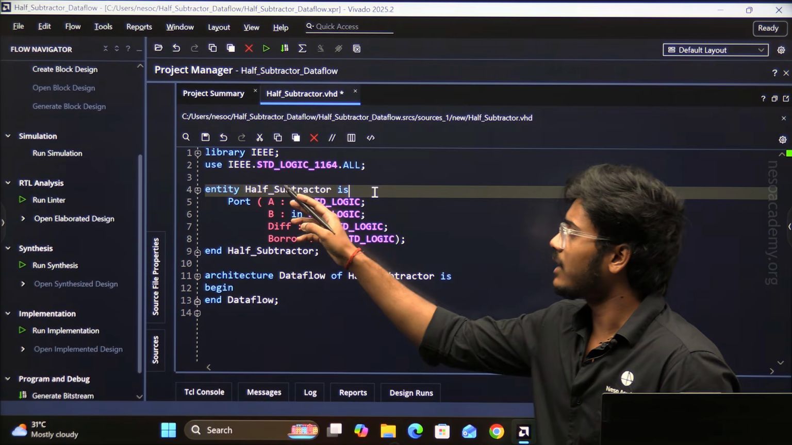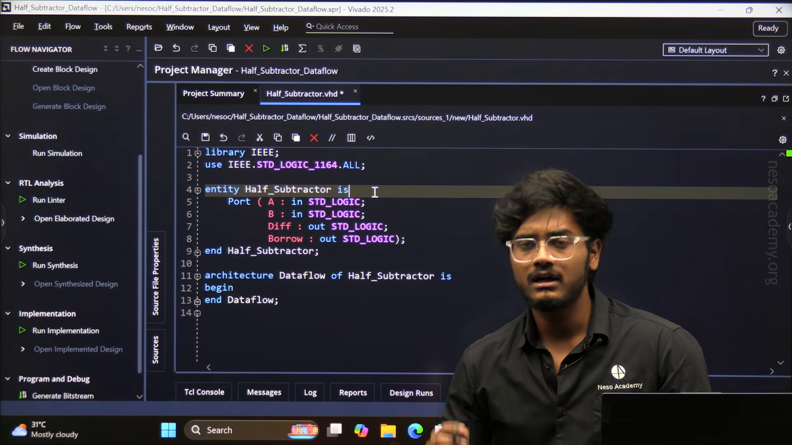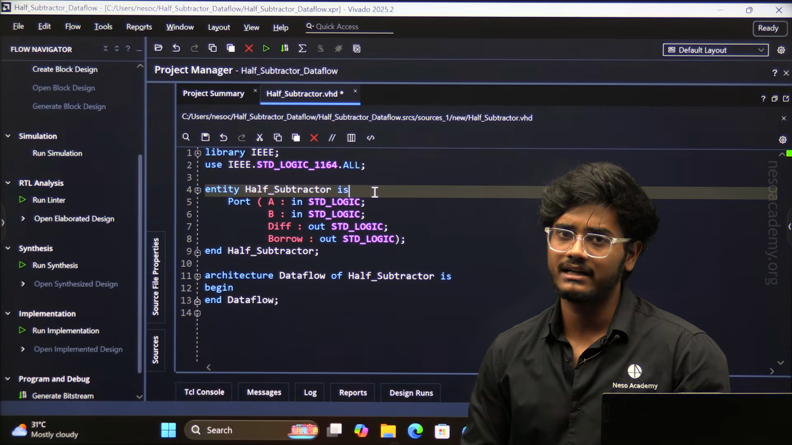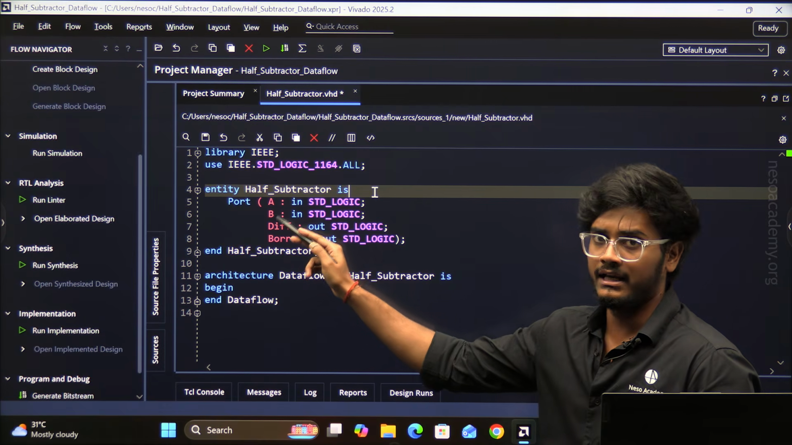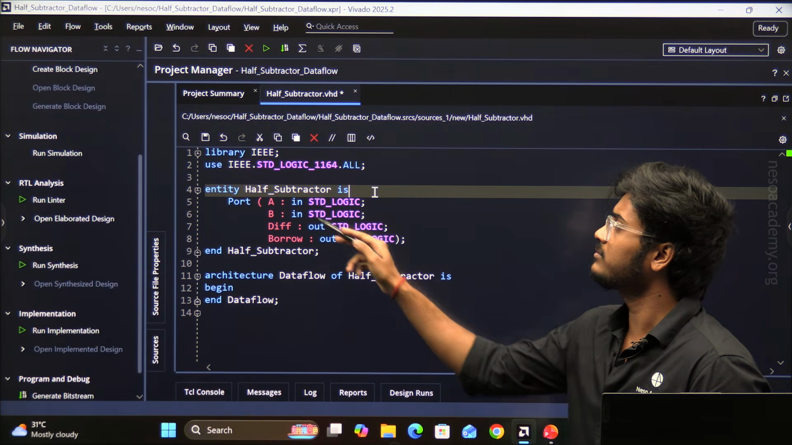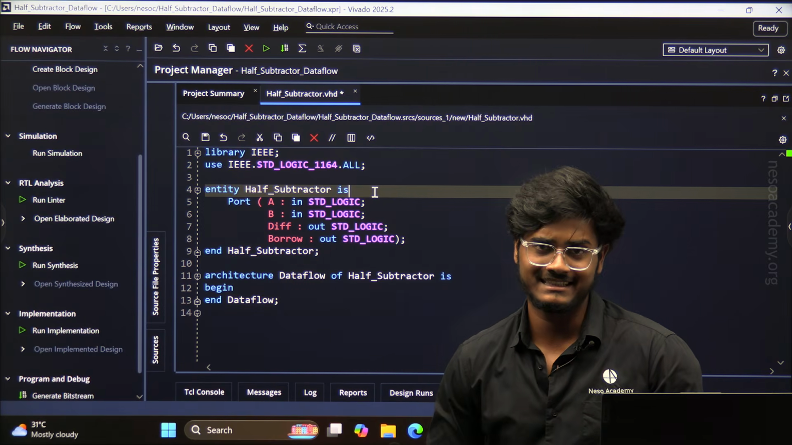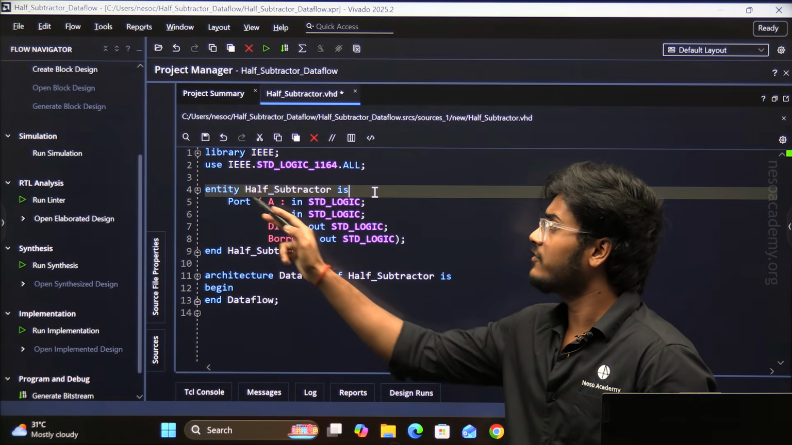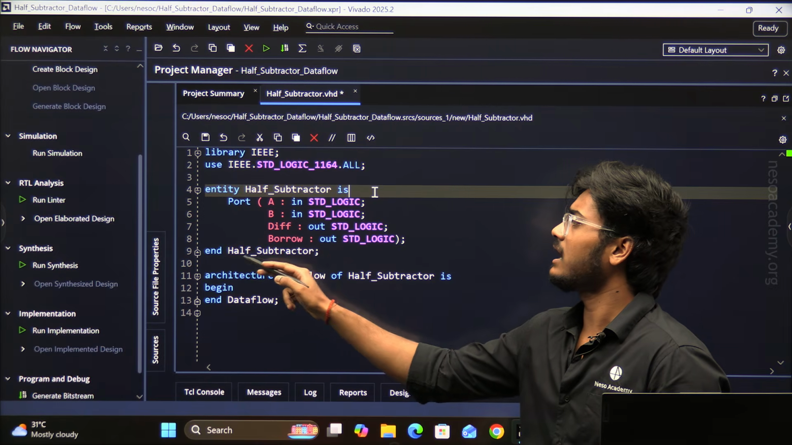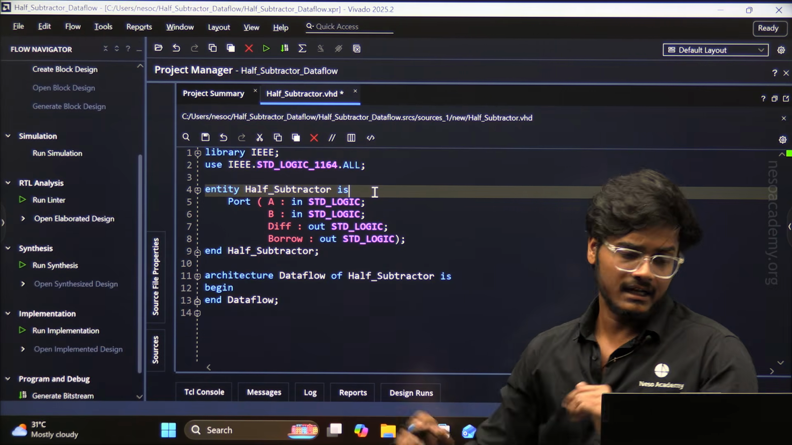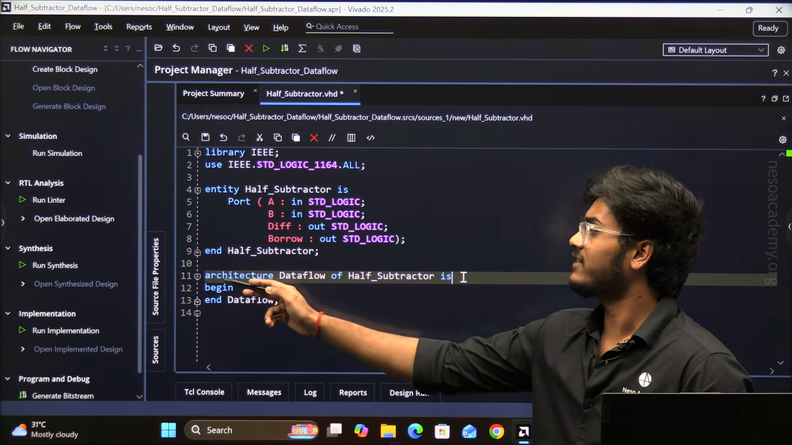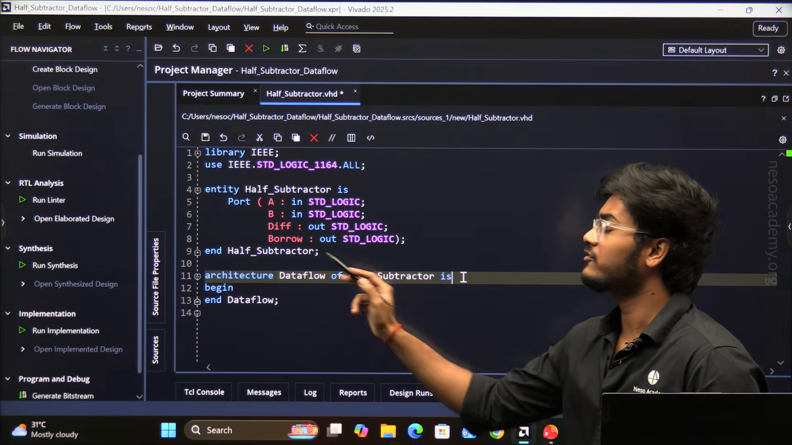Now inside the port declaration, I have declared the two inputs and the two outputs of the half subtractor. So the two inputs A and B and the two outputs difference and borrow, and all of them are of standard logic data type. After the port declaration, we can end this entity with the keyword end and the name of the entity, half_subtractor. After the entity declaration, we have the architecture block, and here I have named this architecture dataflow because